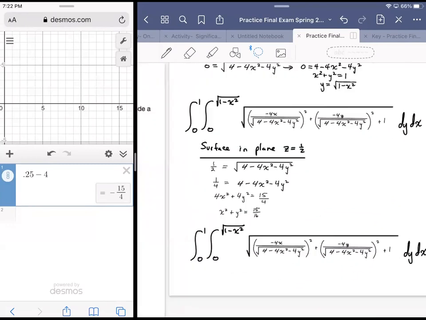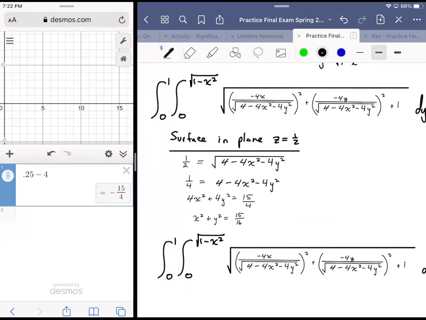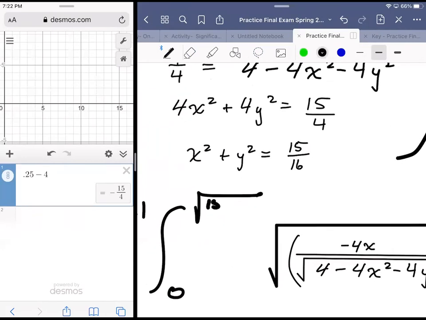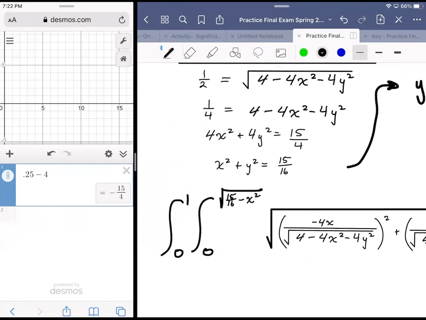So we solve this for y. Would be equal to 15, instead of 1 minus, it would be 15/16 minus x squared under the radical. So that would be my new upper bound. Make that a little thinner. Right. And instead of going from 0 to 1, I'd have to go from, I think I said 15/16 before